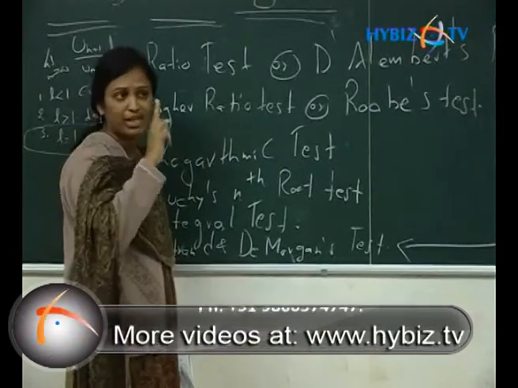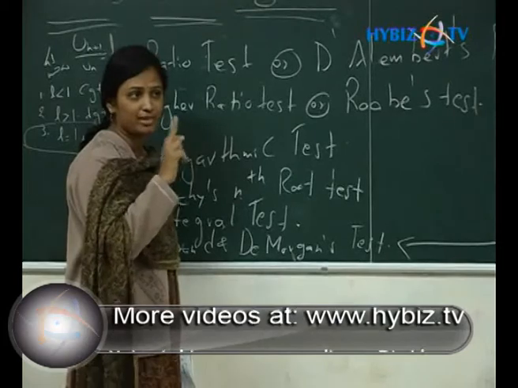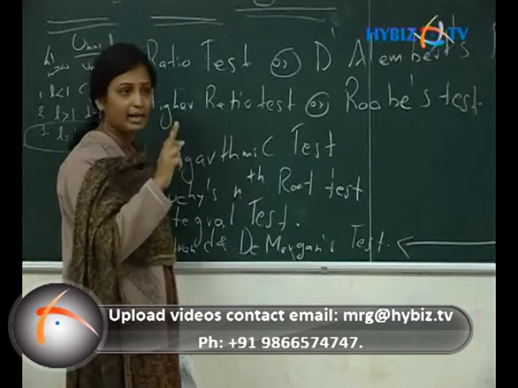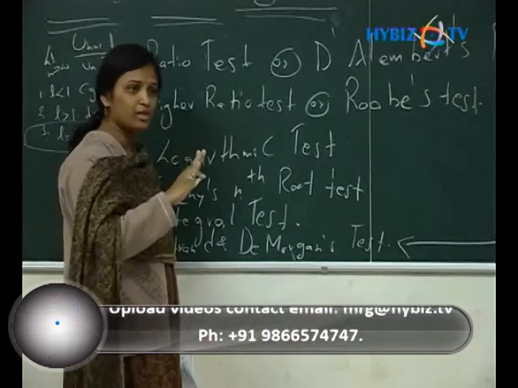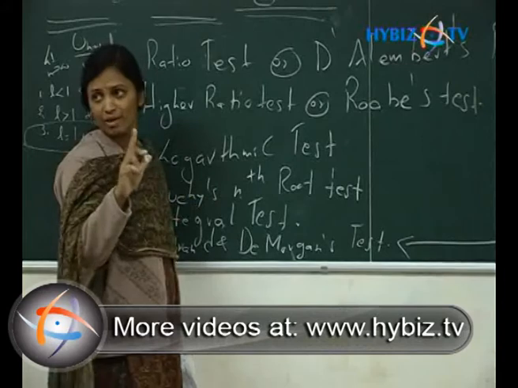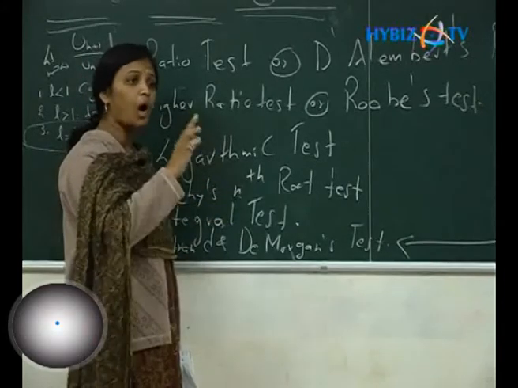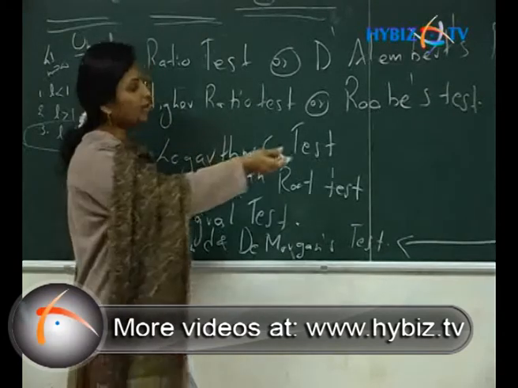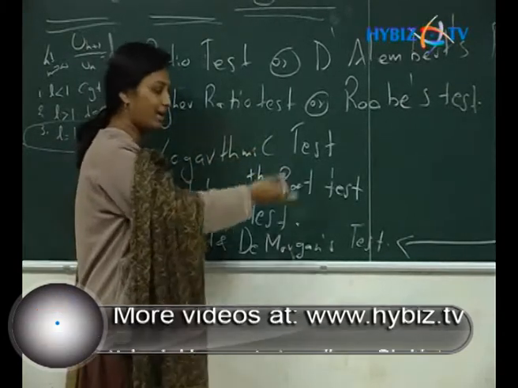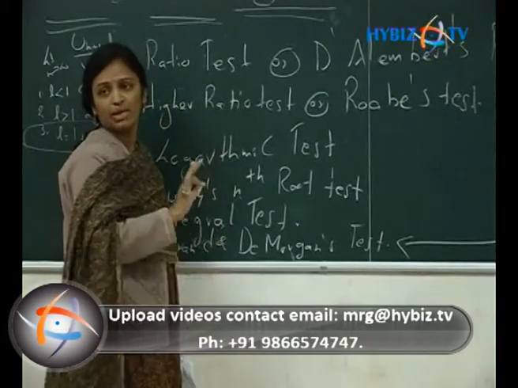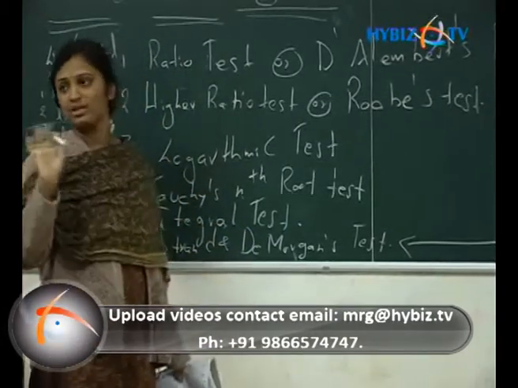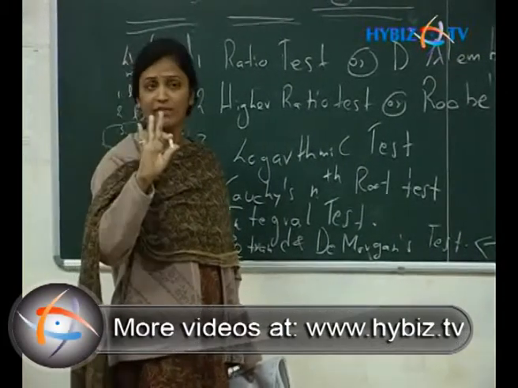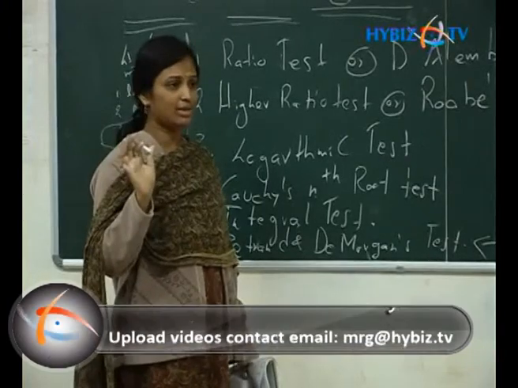So first test fails means, how do you identify that? In the first test, L equals 1, then you have to go for the higher ratio test. Again the test fails means L equals 1 or L equals x or L equals 1 by x. So if the test fails, again you need not go for these three tests and directly you have to jump to the last test. So here there is no "fail" word. Only you have to get convergent or divergent. Understood that up to that?